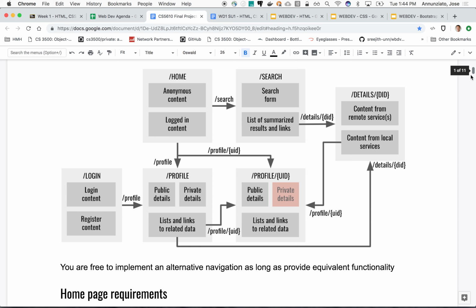So the details page goes in and retrieves details information from the remote API. Now, up to this point, I haven't had to log in at all. I could be just an anonymous person, and I'm perusing through, looking at recipes or stats for my favorite sports team. But not until I